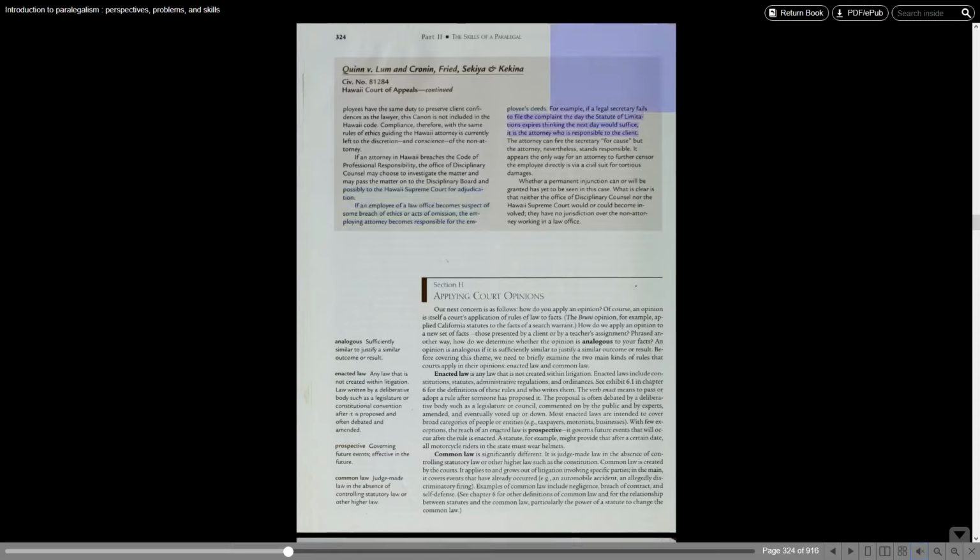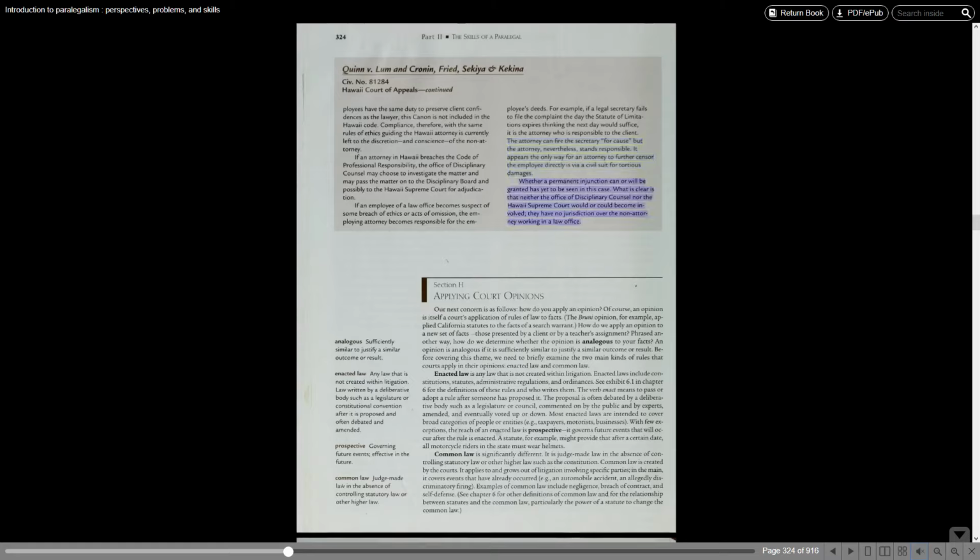For example, if a legal secretary fails to file the complaint the day the statute of limitations expires, thinking the next day would suffice, it is the attorney who is responsible to the client. The attorney can fire the secretary for cause, but the attorney nevertheless stands responsible. It appears the only way for an attorney to further censor the employee directly is via civil suit for tortious